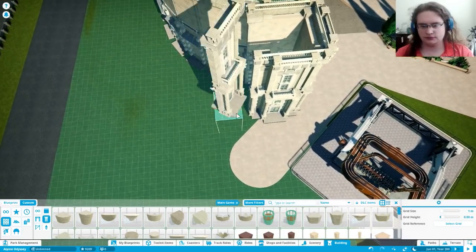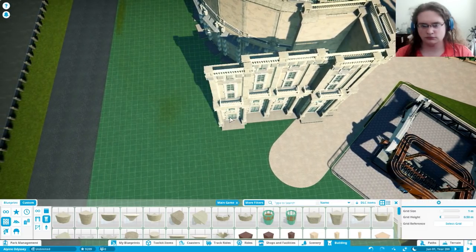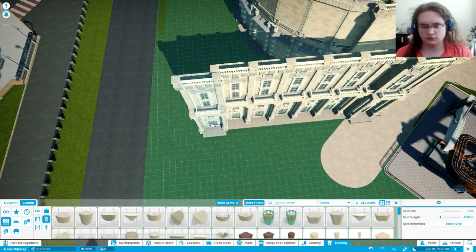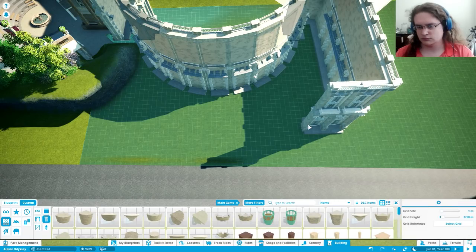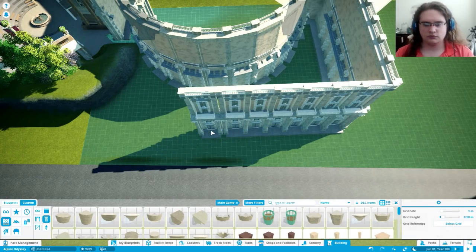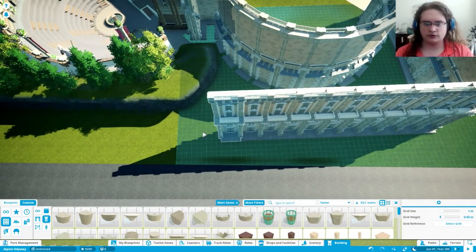Alright, let's put the back on it. Oop. There we go. Now what's probably gonna change on the back side is this will probably be more of a backstage style, but for now I'll keep it in the style of the building